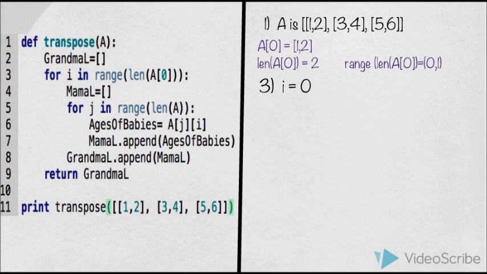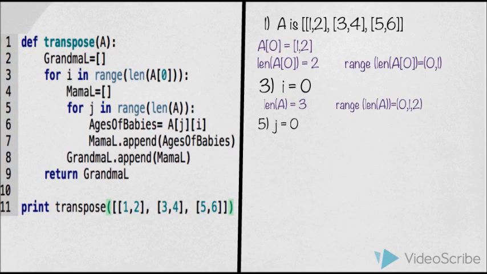So, in the first loop, i equals 0. Next line, we have mama's list, empty, that later we have to add the ages of babies in. Line 5: for j in range(len(A)). len(A) equals 3, and notice that 3 is the number of babies that each mom has. The range is 0, 1, and 2. So in the first loop of j,